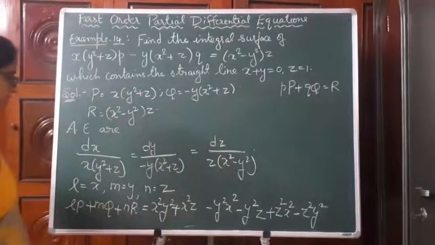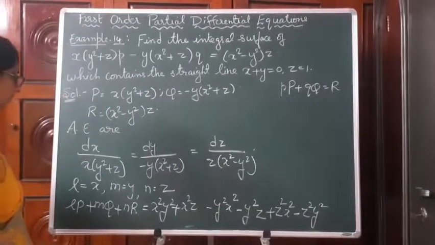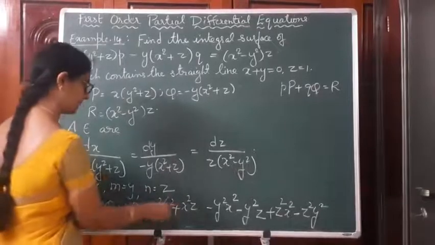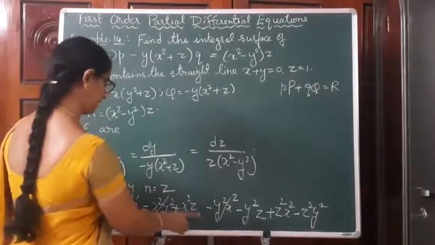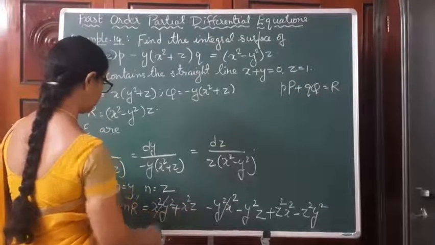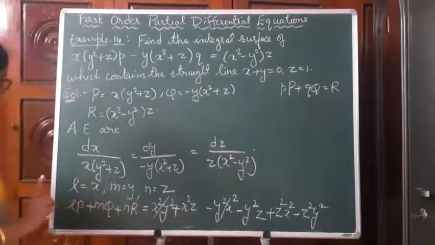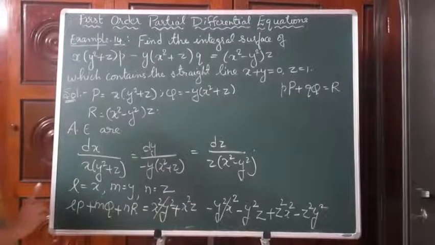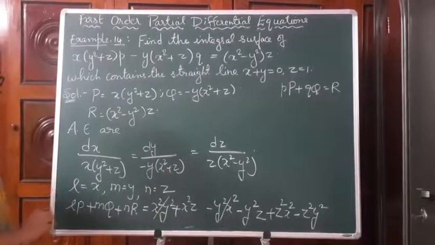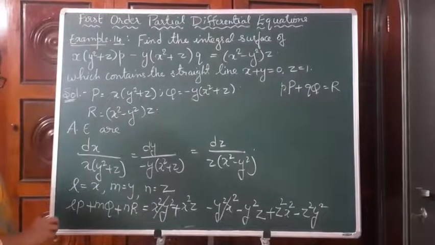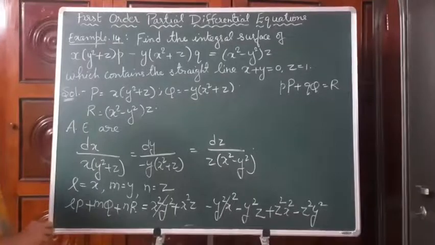So let us see whether we can cancel the terms or not. Plus x square y square minus x square y square. And what do we have here? I think we went wrong somewhere. z square x square, z square y square. So I think x, y, z does not work.